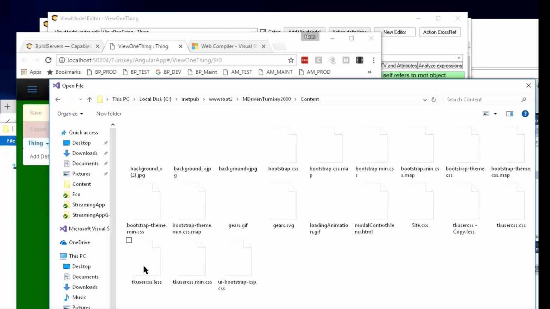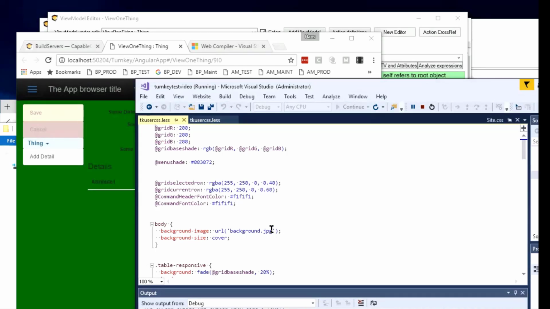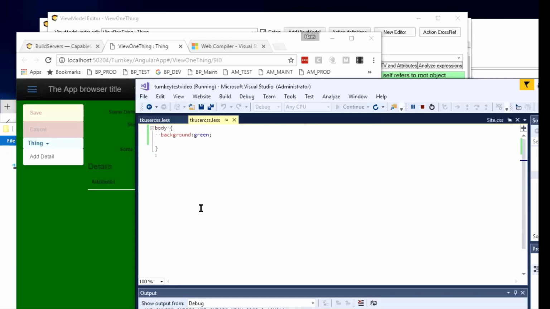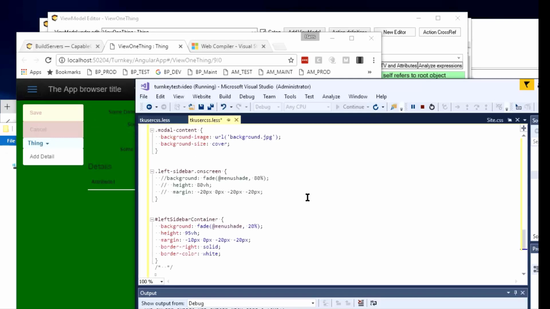Let's see, there it is. And if I just copy all of this to this one instead,